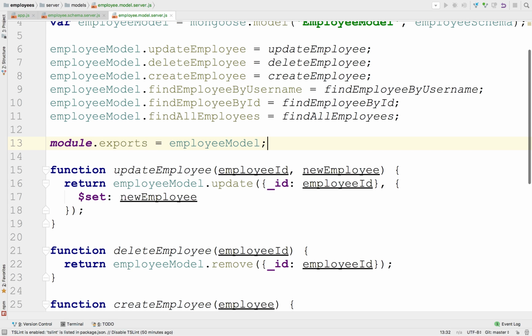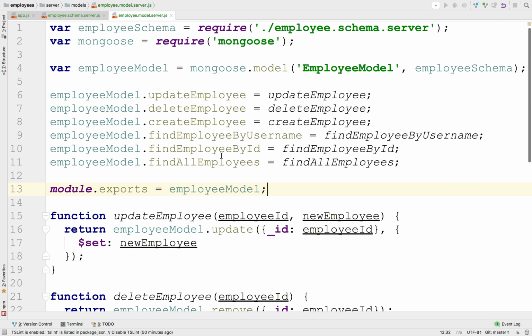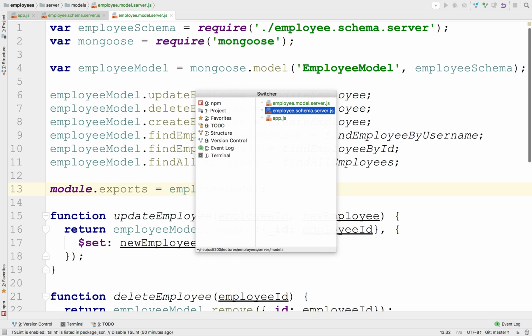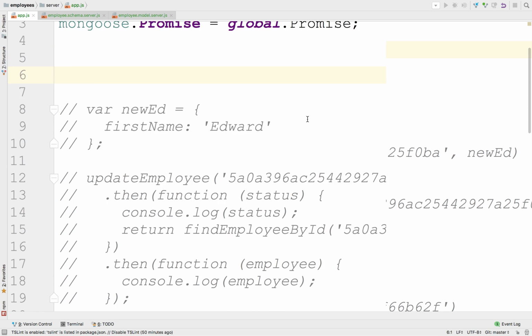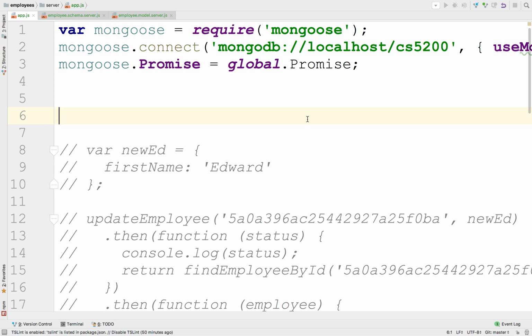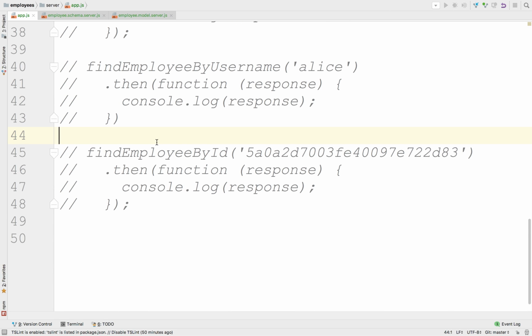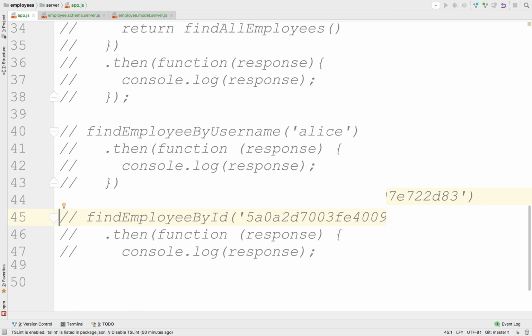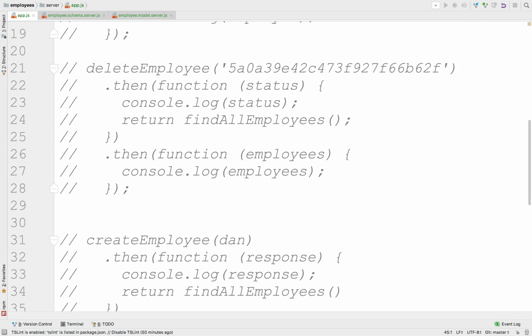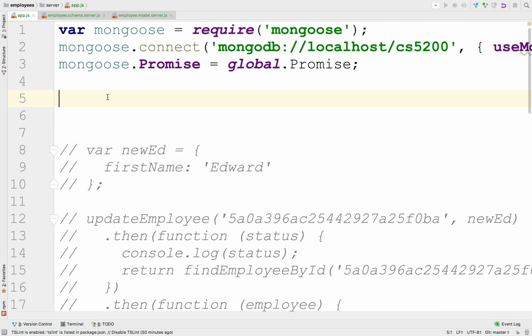Now this is all reusable by others. If we go back to our app, notice our app is almost empty. The only thing it's doing is connecting to a database. Everything else is gone. So let's try and reuse it from here. We can load the model. We can say var